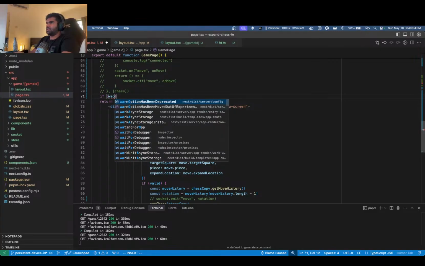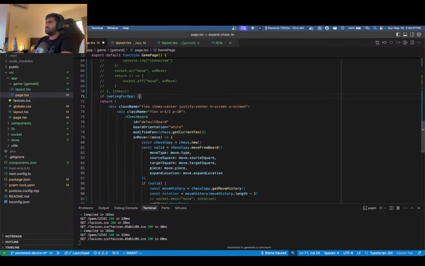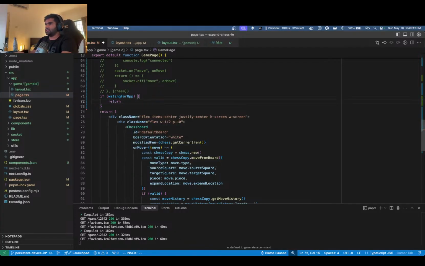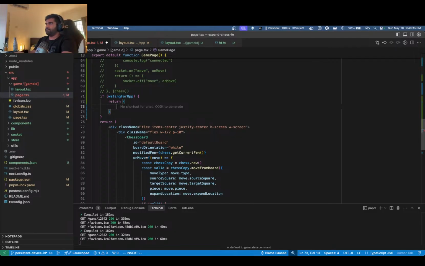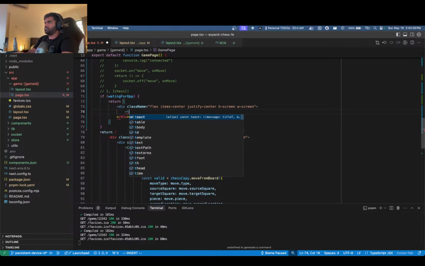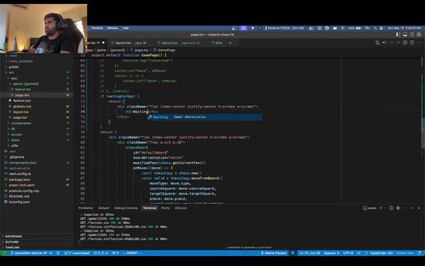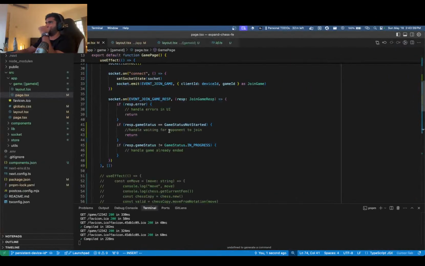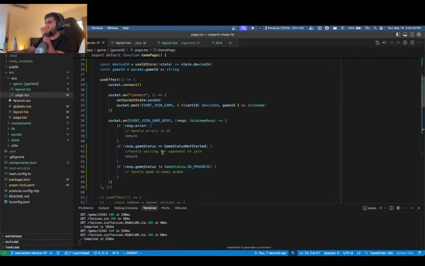So if waiting for opponent, return this div, it should just make everything center, and then a heading, waiting for opponent, right? So for now it should just be waiting for opponent. Okay, cool. And then here